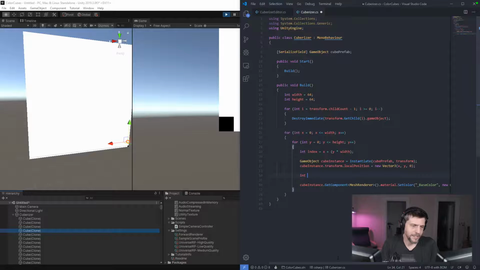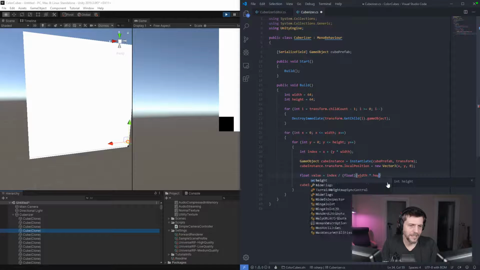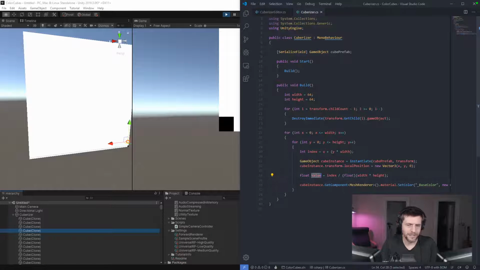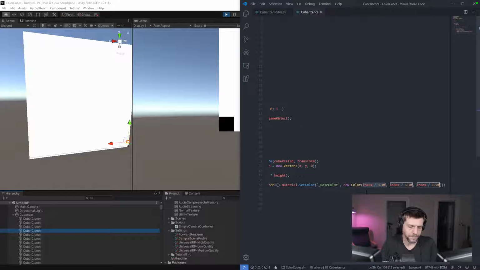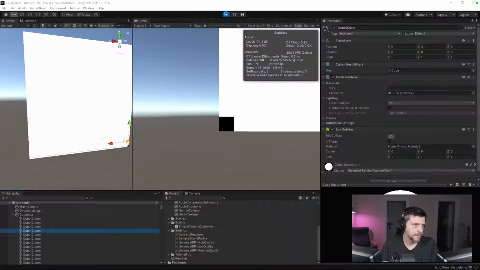Okay, yeah, so it'll be like int value equals index divided by float of float width divided by float height times, actually. So I don't need all these. And set all these equal to value, maybe? It's gonna be kind of funny if my whole premise of the stream was